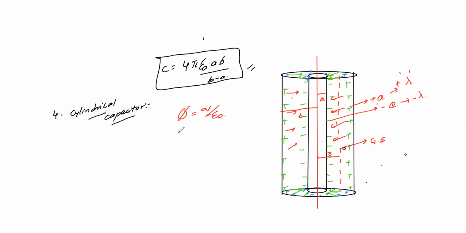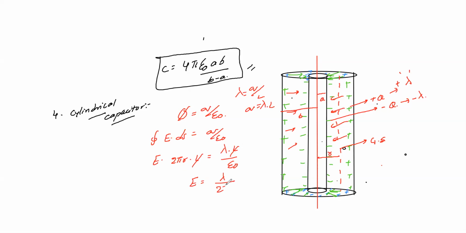When we are discussing the flux, there'll be an electric field. We know the relation: the closed integral of E dot ds is equal to q by epsilon naught. We already derived it: the electric field E times the area, which is 2 pi r, the circumference, and the length L of the conductor we have to consider. So E into 2 pi r L is equal to q by epsilon naught, and we know lambda is equal to q by L, so q is equal to lambda into L. Substituting, lambda into L by epsilon naught. You already discussed this in chapter 1 itself. Please remember those things. Electric field E is equal to lambda by 2 pi r epsilon naught. This is the first application of Gauss law we discussed.